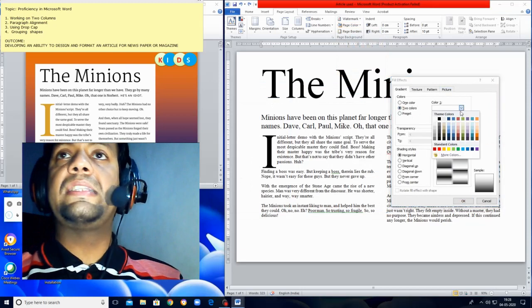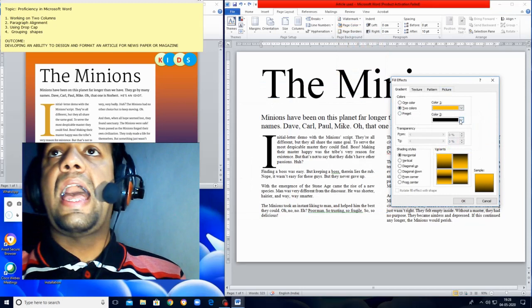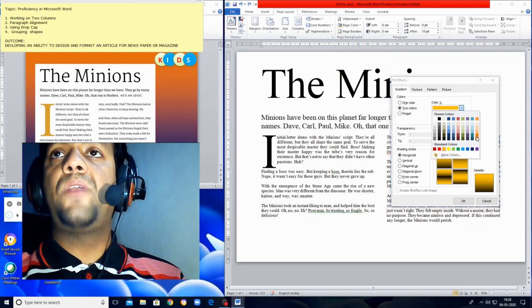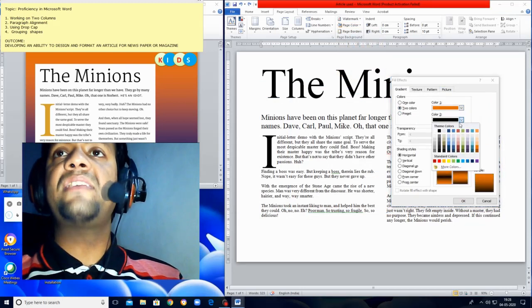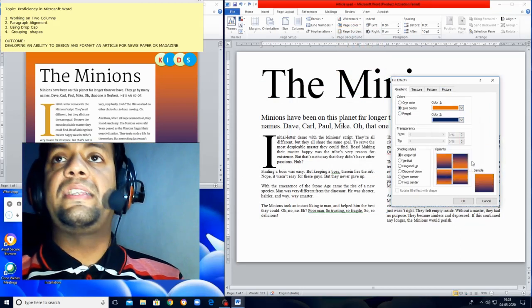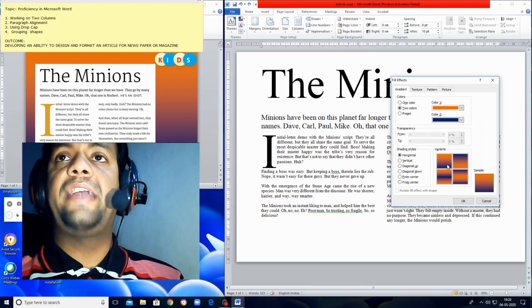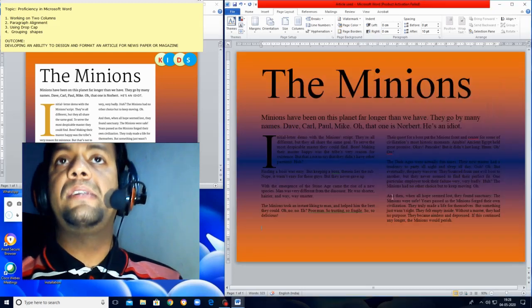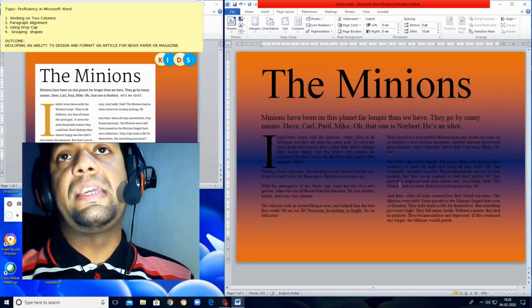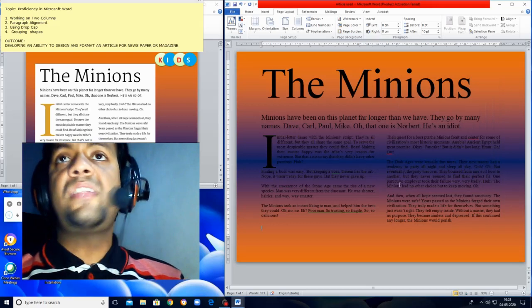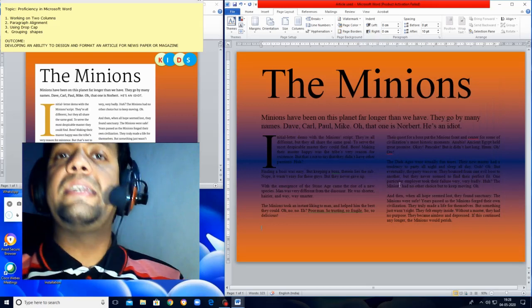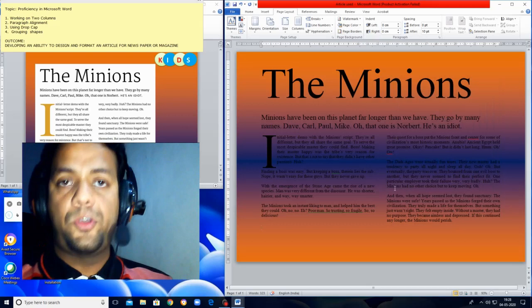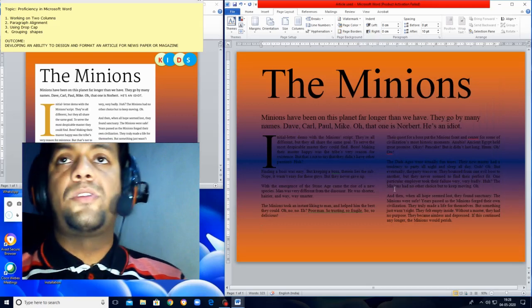The first one is orange, and the second one which I'm using is bluish. So this is exactly what I have chosen. I have chosen my applicable colors and I have filled the gradient. Okay children. So in this way you can fill a gradient color inside a page document in Microsoft Word.